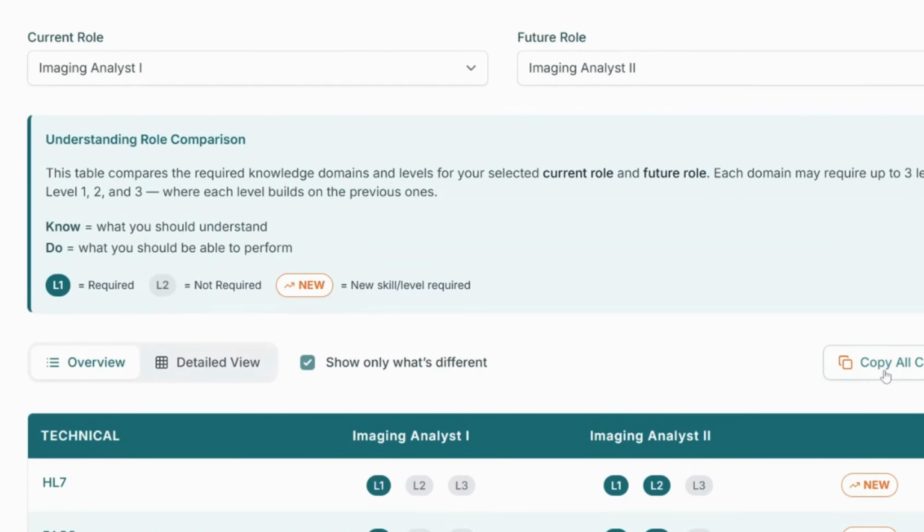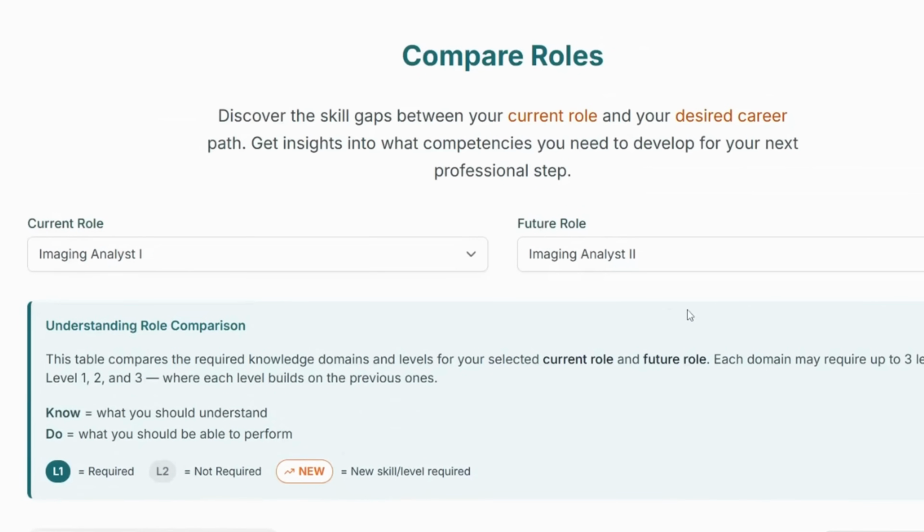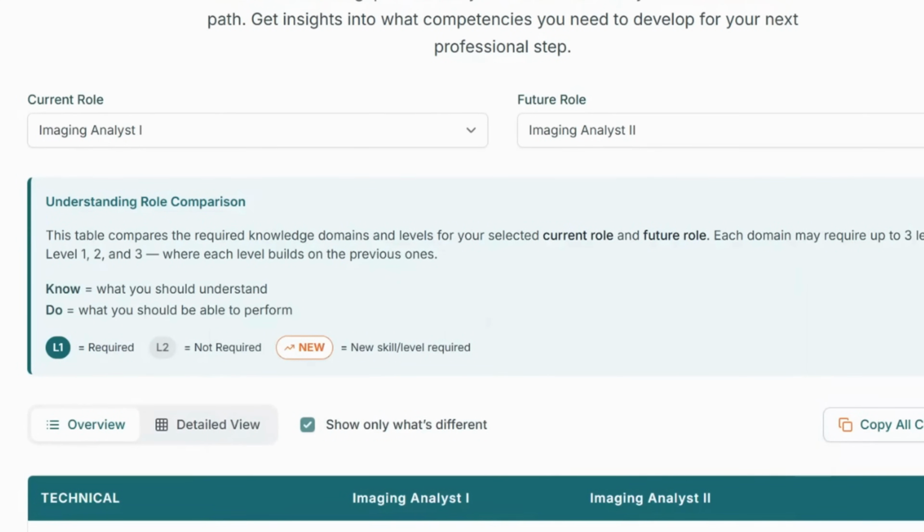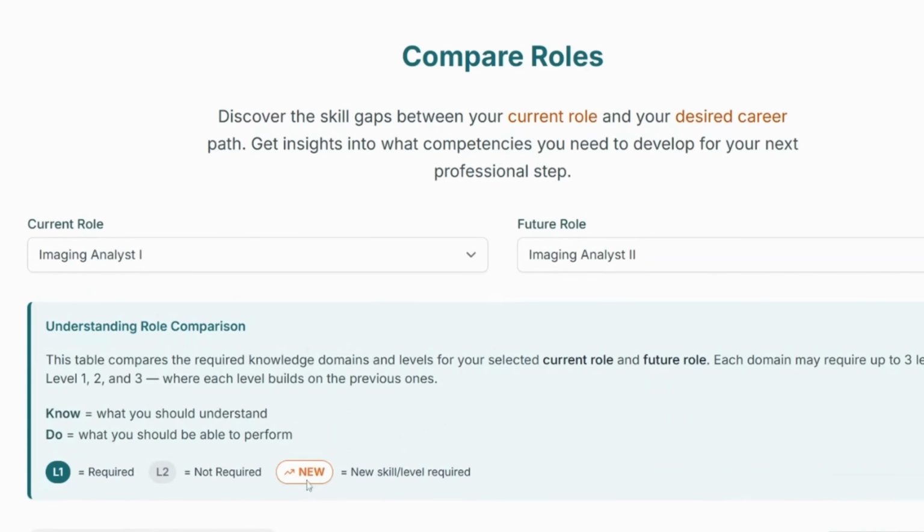How is this helpful? It really helps in the generative AI, which I'm going to show you shortly, in terms of being able to take this, extract all this content out, and then hand that over, or if you want to do it manually, go through, ask it to develop, given the difference between these 2 roles, how would I go about developing a career learning plan? And then it can come back. Now, whether it gets it 100% right or not, it's at least a starting point for you to start to understand what are some of the ways I might need to be able to learn to get from a level 1 to a level 2 in HL7 and PACS and EMR risk, etc. So given that, I can copy that.